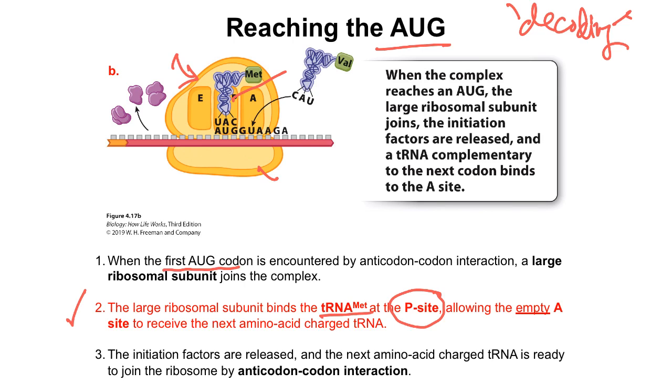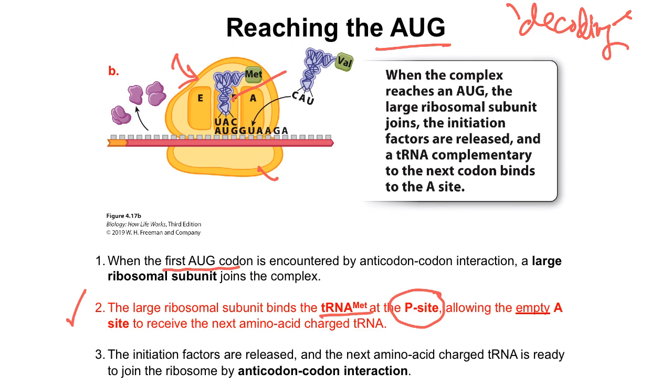And the reason for that is it orients and positions all of the necessary binding sites for the elongation process to happen. Okay, and the reason is that if the initiator tRNA is bound at the P site, then the A site is now able to receive the second tRNA, the incoming second tRNA in this